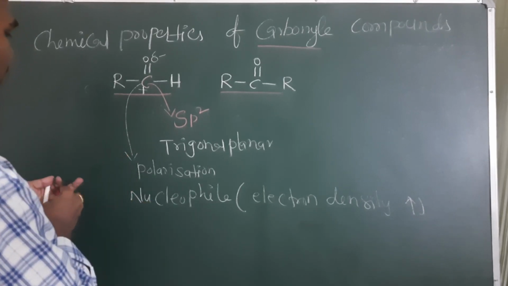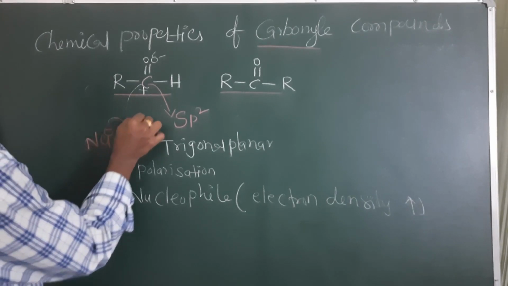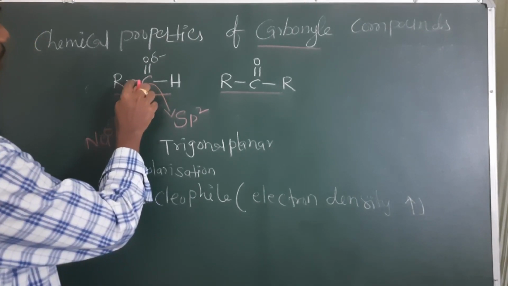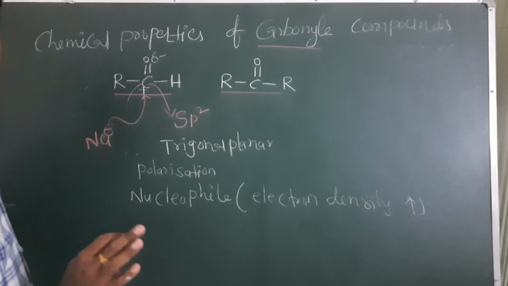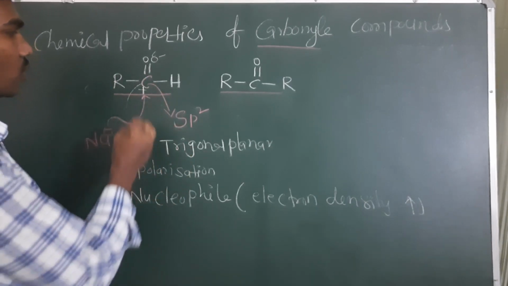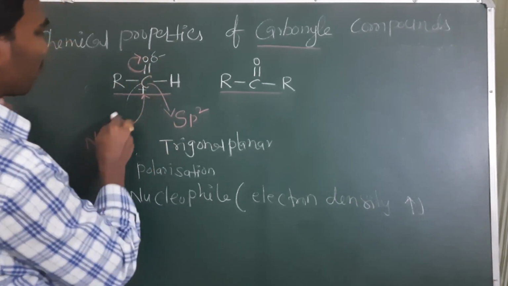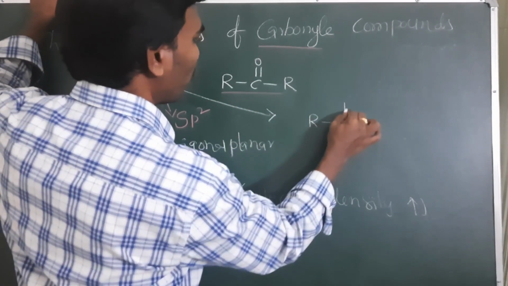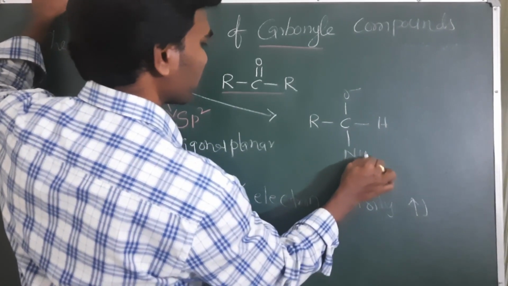When a nucleophile is approaching from this direction, for example, I am taking one nucleophile, it approaches this carbocation. Already for carbon, bonds 1, 2, 3, 4 are there. This upcoming bond is a fifth bond. Carbon valency is 4, so carbon cannot form more than 4 bonds. Because of that, this bond is going to shift onto the oxygen. So when the nucleophile is attacking, it is going to form R, C, O minus and H, and the nucleophile will come like this.